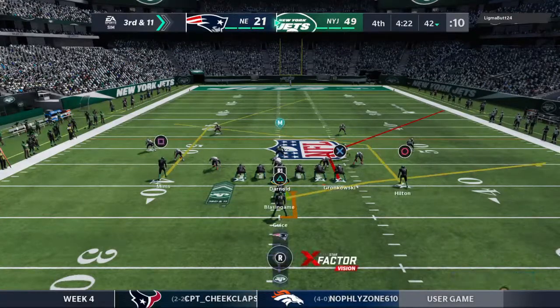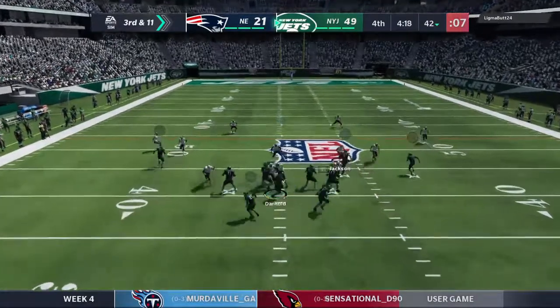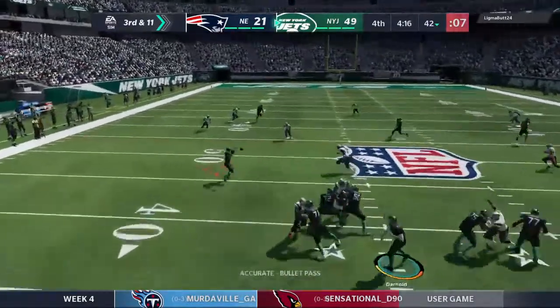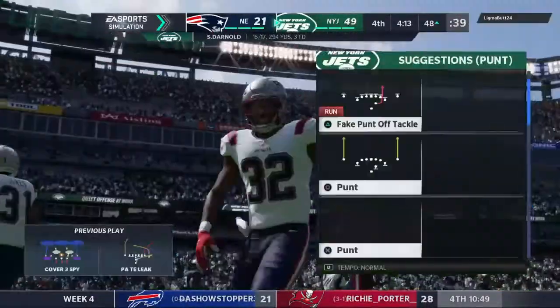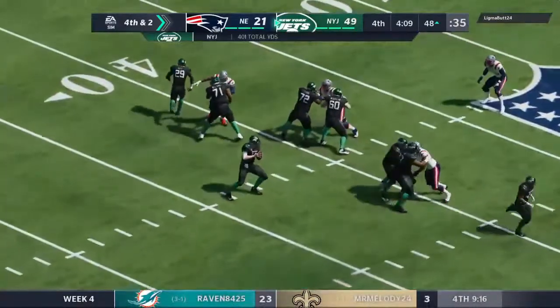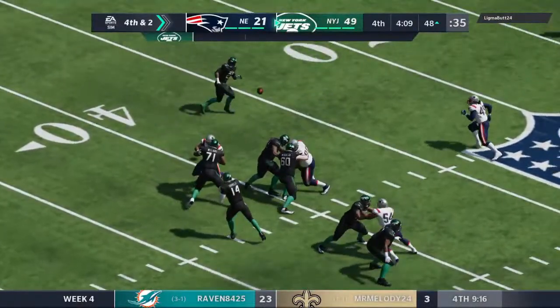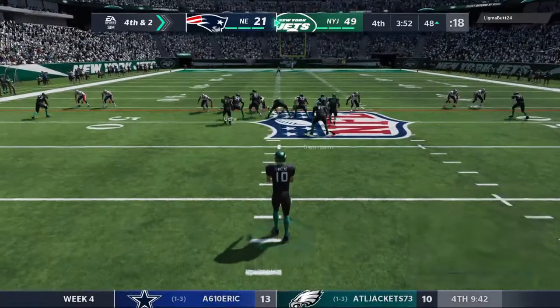Check 45 to Mike. Check 45 to Darnold now to throw. He gets it in the hands of Geis, and he will get him down a couple yards shy of the 1st down marker. A nice tackle coming up from his free safety spot. Whether you're playing West Coast offense or not, one of the...